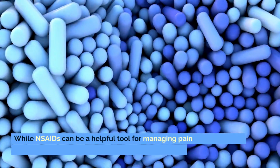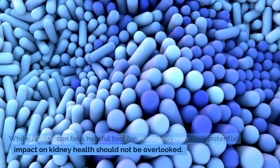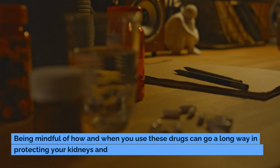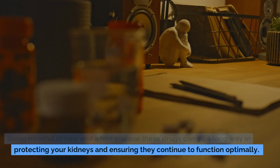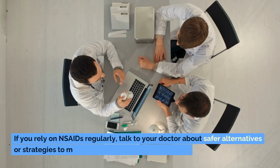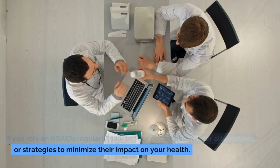While NSAIDs can be a helpful tool for managing pain, their potential impact on kidney health should not be overlooked. Being mindful of how and when you use these drugs can go a long way in protecting your kidneys and ensuring they continue to function optimally. If you rely on NSAIDs regularly, talk to your doctor about safer alternatives or strategies to minimize their impact on